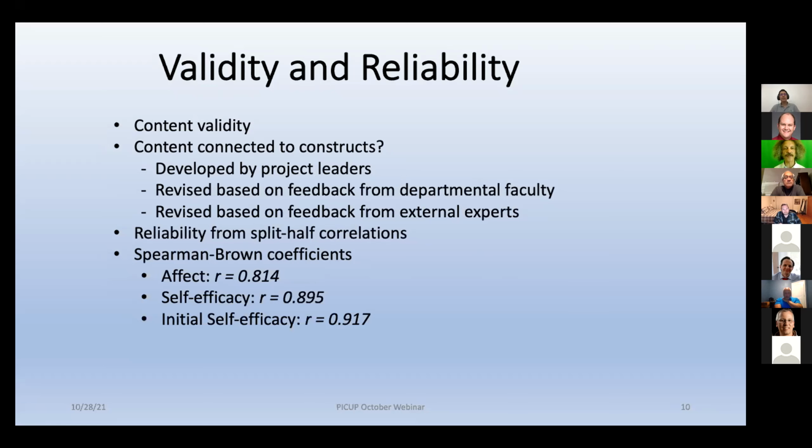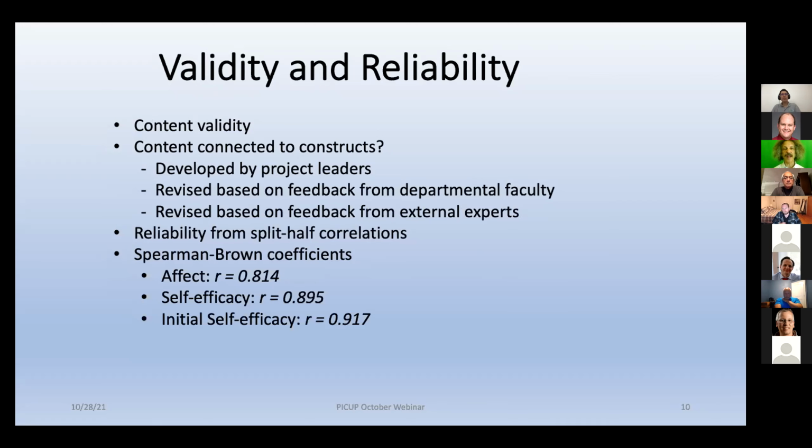Now we're going to hand it off to the rest of the faculty, and they're going to look it over and make suggestions to tighten it up a little bit. And then we went through a second round of going out to outside experts. And in fact, those were all PICUP people. So this is thank you number 2 to the PICUP community. I think about 5 people from PICUP looked at this survey and suggested slight rewordings and revisions and changing the order of the questions so that it really focused as well as it can on the constructs we're trying to measure.